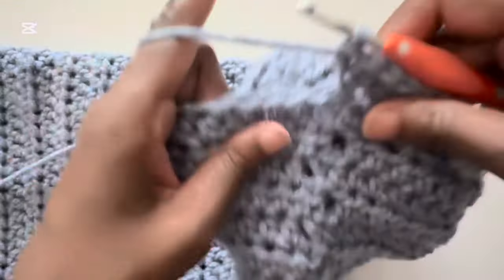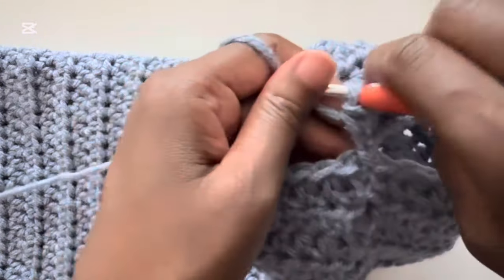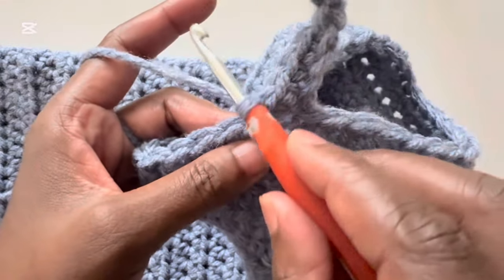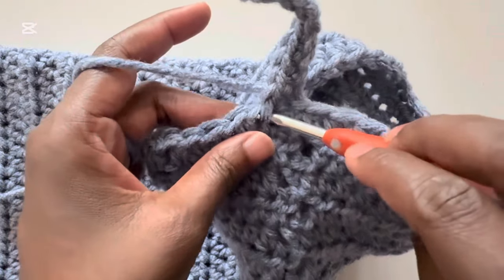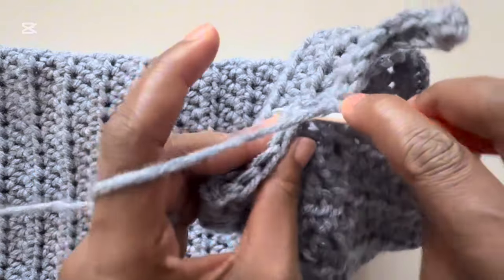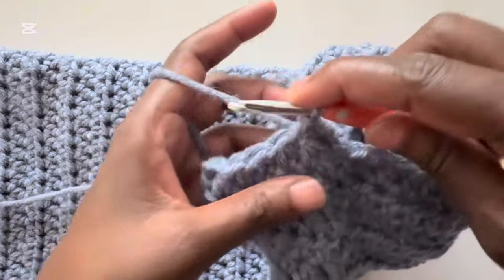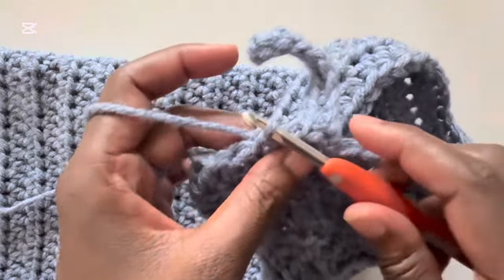We now need to join the edge of the ribbing to the bottom edge of the sleeve, and to do that we need to slip stitch. So I always bring down the ribbing and align it to the stitch, and that's the stitch that I will slip stitch into. Slip stitch into that stitch along the sleeve, slip stitch into the next stitch, turn,